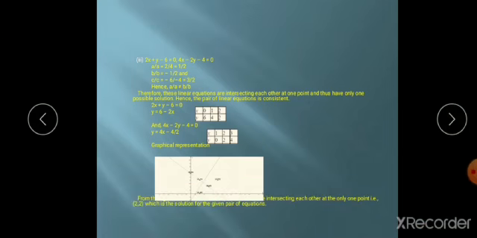Then sometimes they will ask in your graph, after plotting, shade the x-axis. Shade the x-axis means you have to shade this region, where the triangle is lying on the x-axis. Shade the triangle on the y-axis means you have to shade this side. Okay, understood? There are two triangles here. If it is the x-axis, you have to shade this part. If it is the y-axis, you have to shade this part.